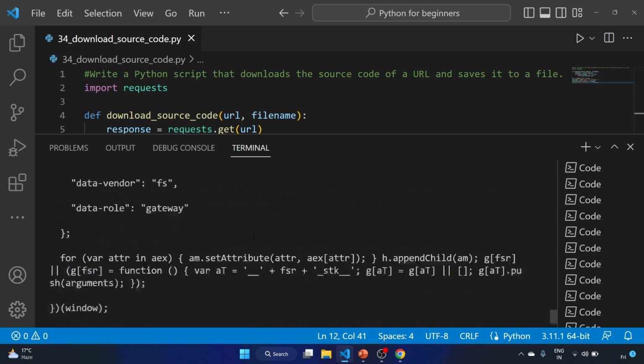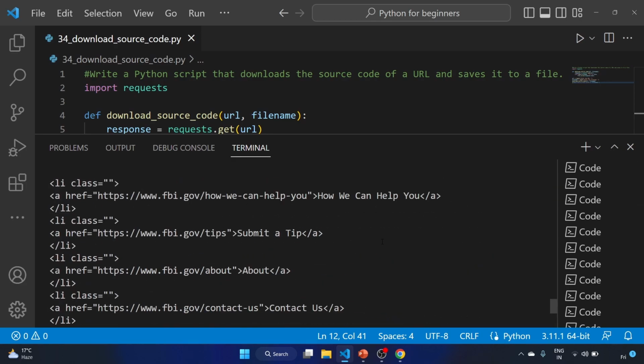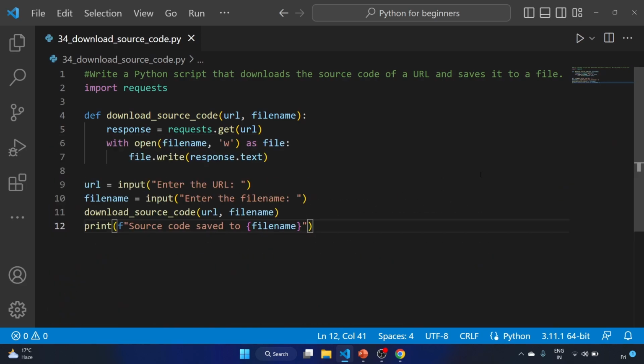Cool. By the way, I love the FBI site, so just give it a try